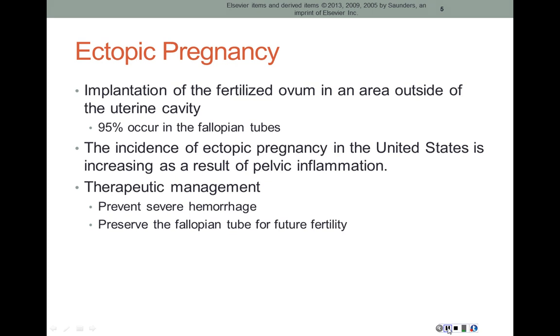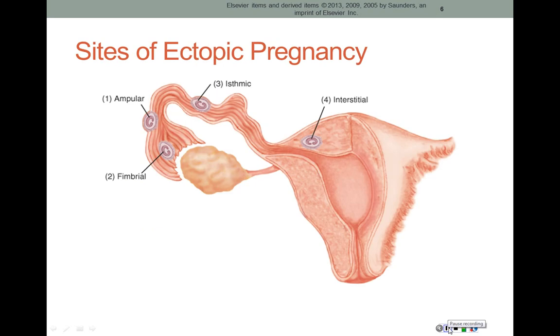Or if you have had multiple induced abortions, and this is an abortion where the female decides she doesn't want the baby, and so she has an abortion so she will not be pregnant anymore. So here are just some sites of ectopic pregnancy where they can occur,